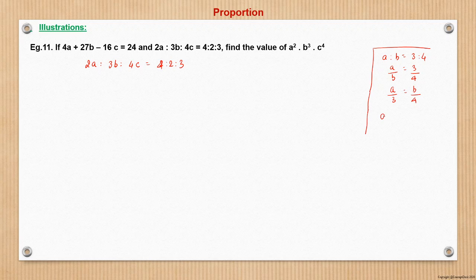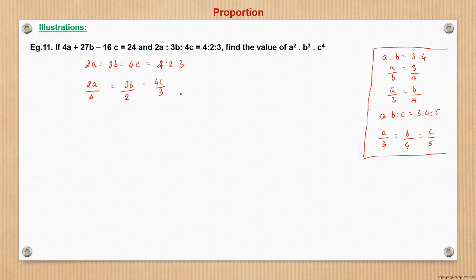Similarly, if a is to b is to c is equal to say 3 is to 4 is to 5, same way can I not write a by 3 is equal to b by 4 is equal to c by 5, right? This can be written. So same, if this is the form, I can write this as 2a by 4 is equal to 3b by 2 is equal to 4c by 3. So this is now in proportion term,